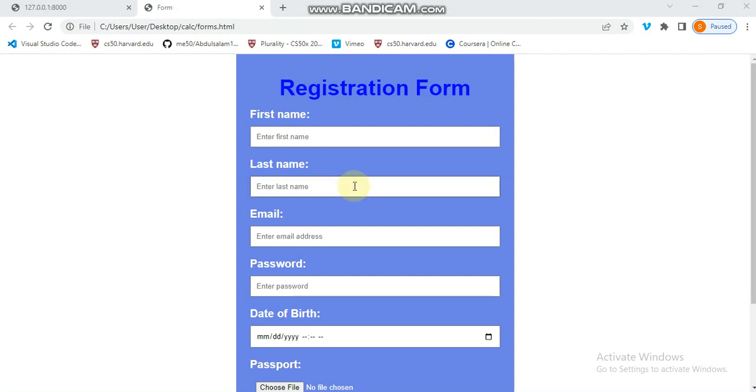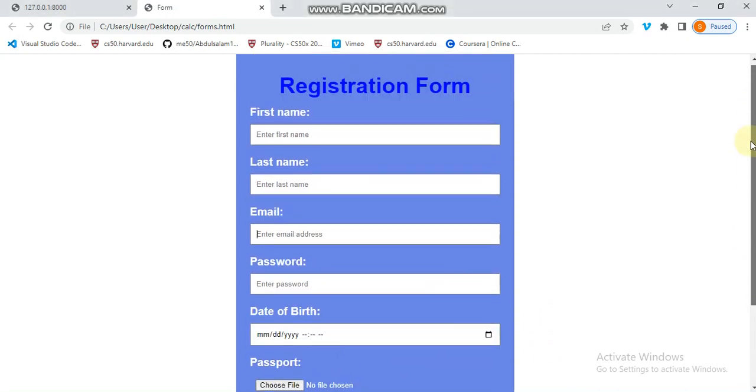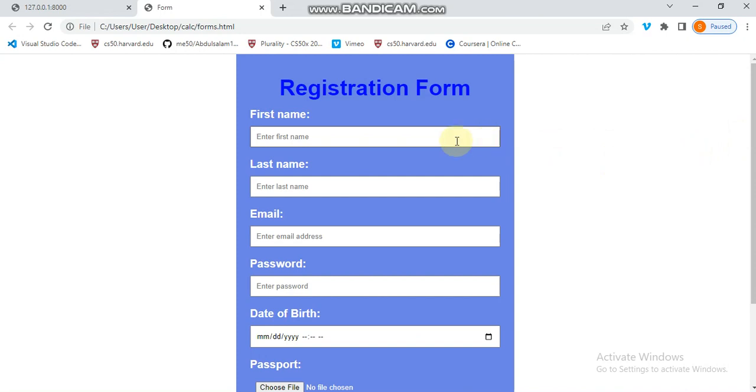In this video, I'll be showing you how to use HTML and CSS to design the layout of this form using HTML form elements and styling them with CSS properties. So in this tutorial, you will learn about the elements we can find under our form element, which are the input